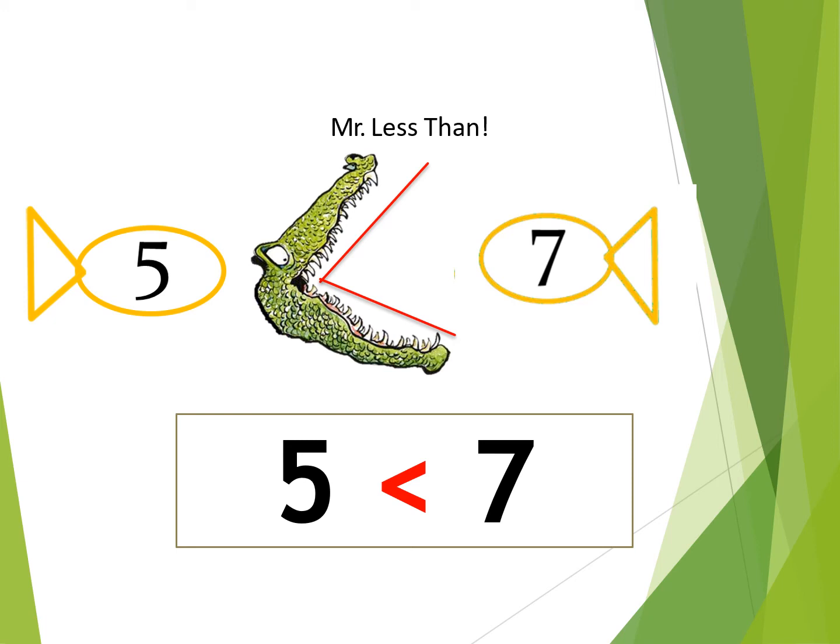You can observe here the less than sign looks like the letter L, capital L. Near the mouth also it is capital L, only a little bent. I have bent the letter L a little bit and have written the same symbol. So what is the symbol for less than? The less than symbol is L only, capital L, a little bent. You can remember it like that. It becomes very easy. See how the alligator is helping you to learn and to compare the numbers, isn't it?